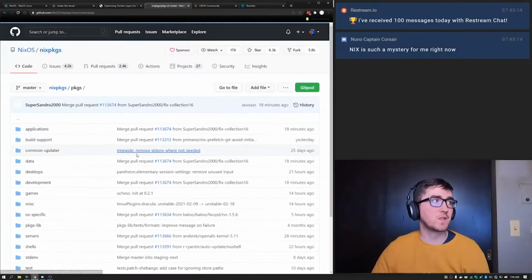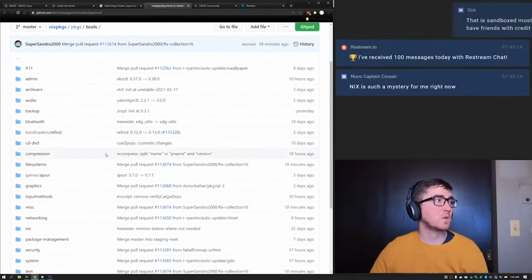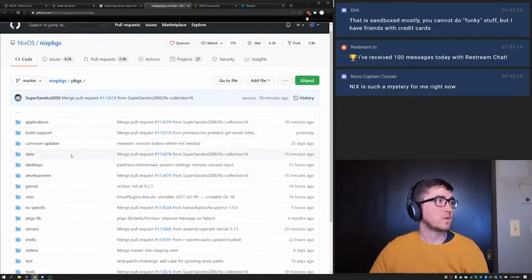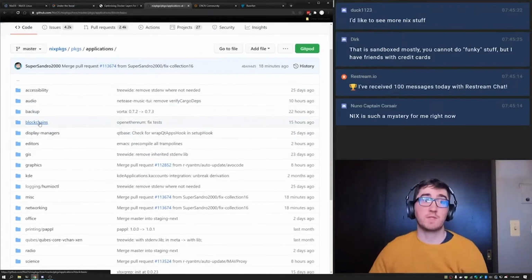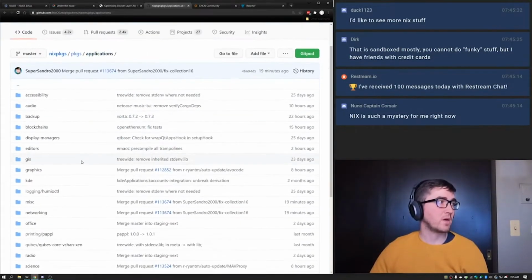So if we look at the packages here, you can see that this isn't limited to specifically low-level OS packages, but you have access to, let's look into these. Let's look at applications. Here we could set up our own blockchain applications. We could set up our own